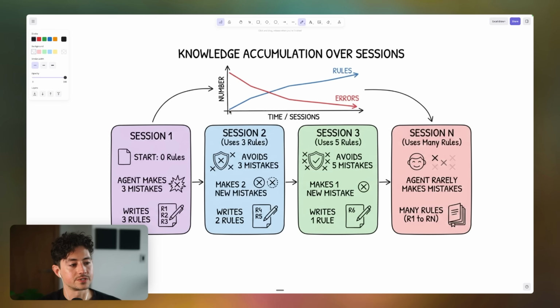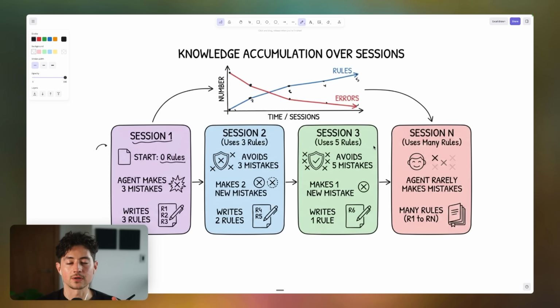The first time that you use Gemini or Claude Code or Codex or whatever, you're only going to have, let's say, one rule or one preference stored. And so the number of errors that the model makes, errors relative to your preferences, will be pretty high. The second time that you use it, though, the number of errors or issues that it makes that don't line up with your preferences will go down. The third time, they'll go down further. The fourth time, it'll go down further. And the fifth time, it'll go really, really low to the point where maybe it makes 0 errors at all. You can see that diagrammatically over here: when you start, your file has 0 rules, okay? As it grows longer and longer, you're writing more and more rules.